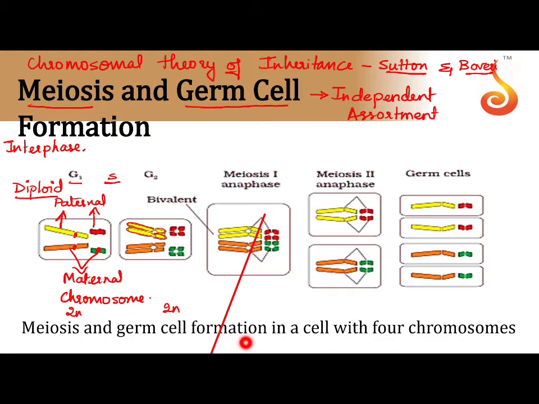But after G2 phase, when we start off with meiosis 1, what happens? In meiosis 1, as you know, prophase 1 has 5 stages, namely leptotene, zygotene, pachytene, diplotene and diakinesis. These help in crossing over, and after crossing over in metaphase, the metaphasic plate is formed. But the most important stage required for our understanding is anaphase. We are considering anaphase 1.